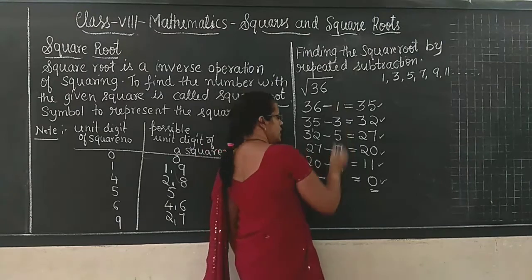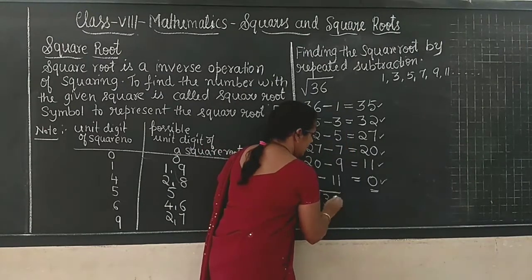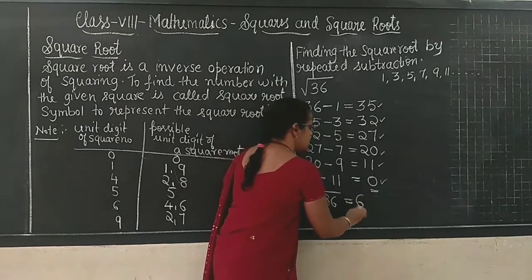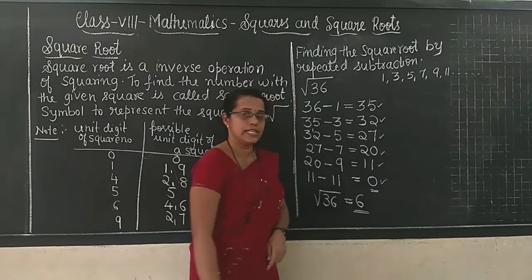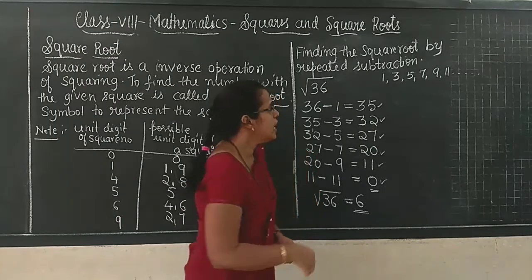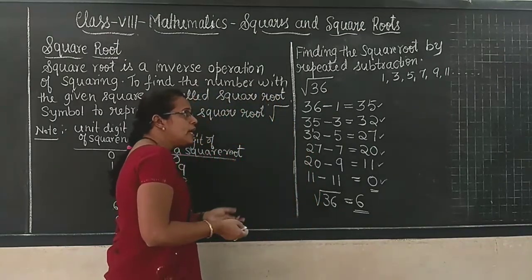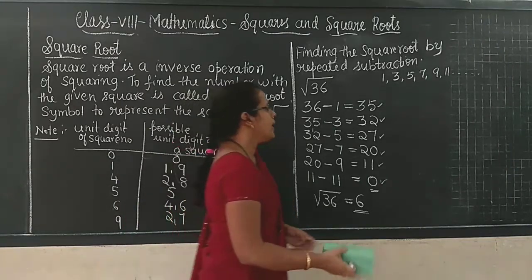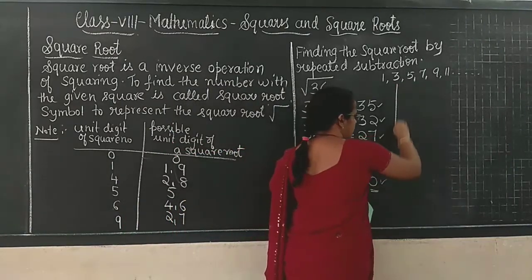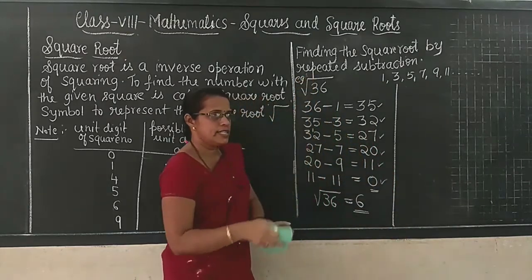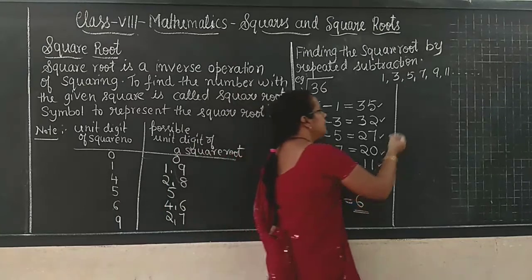So then what is the square root of 36? Square root of 36 is 6. Will you agree? Square root of 36 is 6. After understanding this, if you want, you can take one more number and do repeated subtraction for your understanding. Okay children, this is the first example, now let us take one more example,